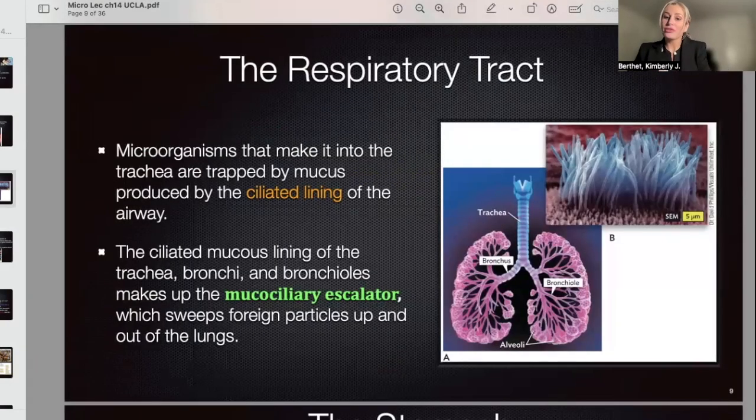Okay. Looking at the respiratory tract, we can see different types of microorganisms, again, living in the respiratory tract. This is an open system, so oxygen can go in and out. We have a ciliated lining like this that we see here. This is a scanning electron microscope image that is pseudo-colored. With this ciliated lining, we can actually look at the mucociliary escalator, which is one way that we prevent bacterial colonization. So as we breathe in with this open system, we're breathing in microorganisms, and our mucociliary escalator, like when we cough, when we push air up, these little ciliated filaments push microorganisms back out of our body.